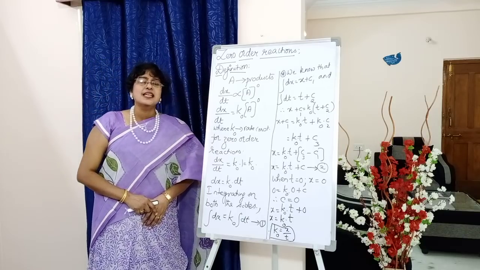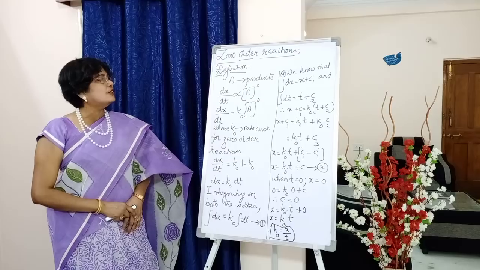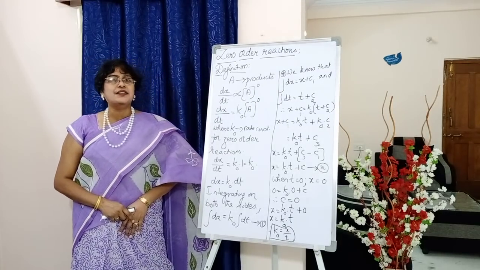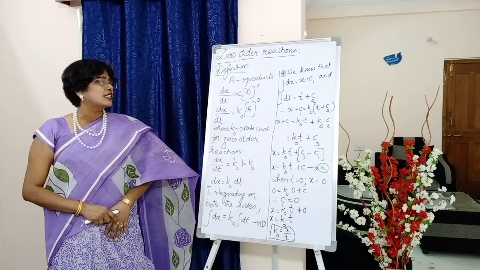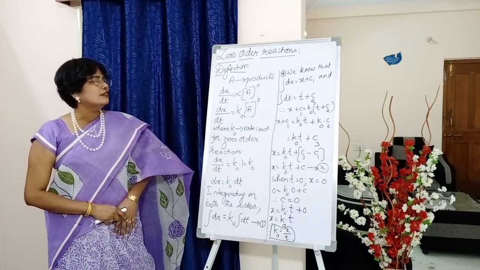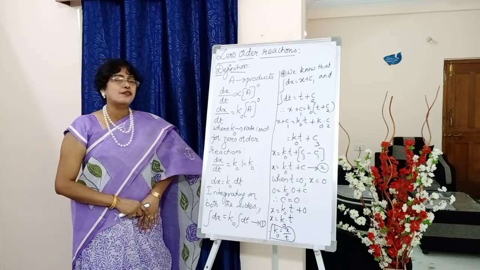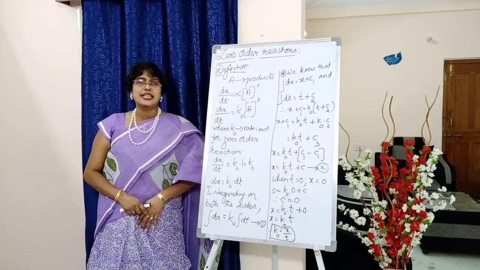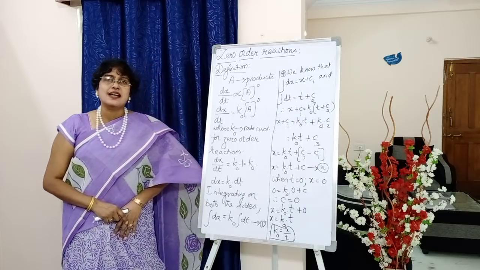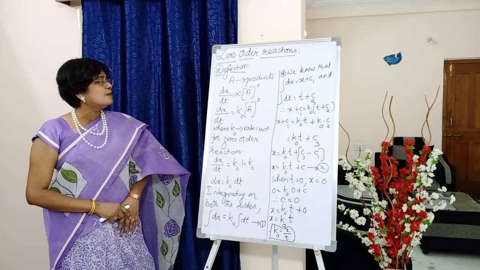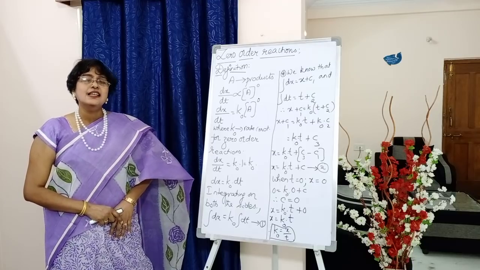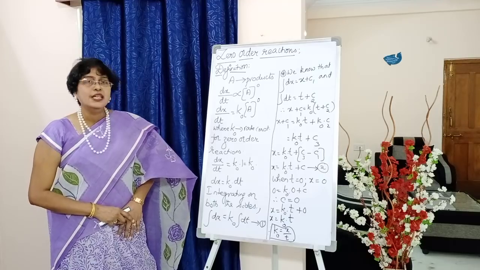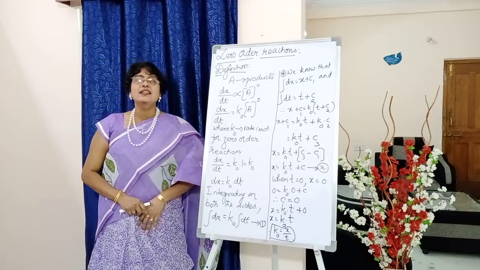A gives products, dx by dt proportional to concentration of A to the power 0. Removing proportionality, we introduce a constant, that is k naught. dx by dt is equal to k naught into concentration of A to the power 0, which becomes dx by dt is equal to k naught. Moving dt to the right side, we get dx is equal to k naught into dt. After integrating, we get integral dx is equal to k naught into integral dt.